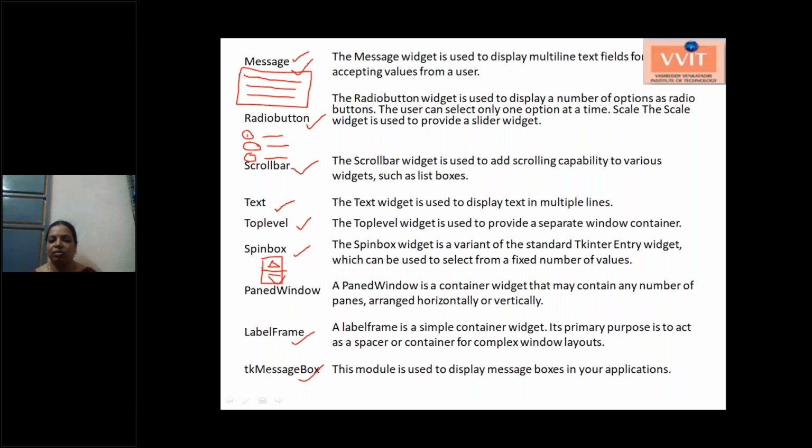Like whenever you are closing the window, you will get a message as, are you sure you want to close the window? Those boxes are the message boxes. That type of message box you can show with the TK message box. These are the different widgets that we have within Tkinter, and using these you can create the required GUI windows.